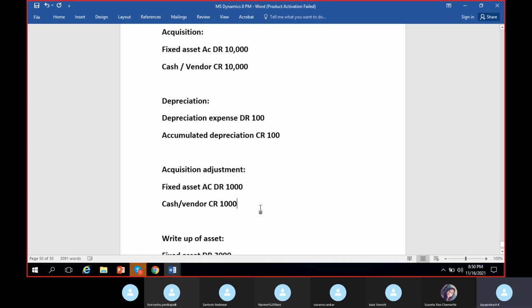Clear these entries for all of you. Any confusion in these accounting entries? Let me know if you have any confusion. I can explain clearly, no problem. Once again,